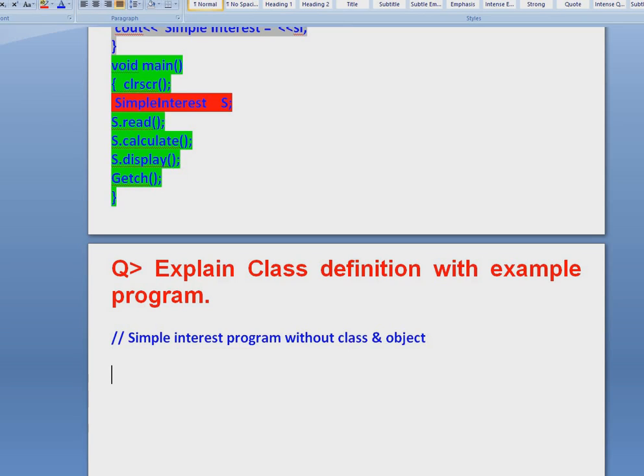Okay, first we have to write the header files, #include iostream.h, then #include conio.h, then